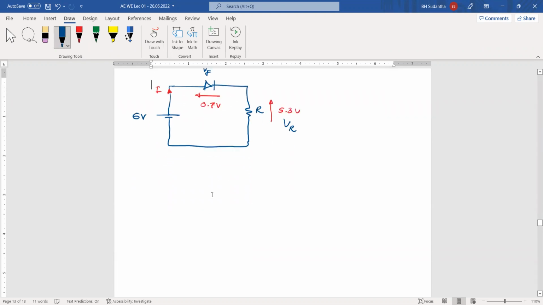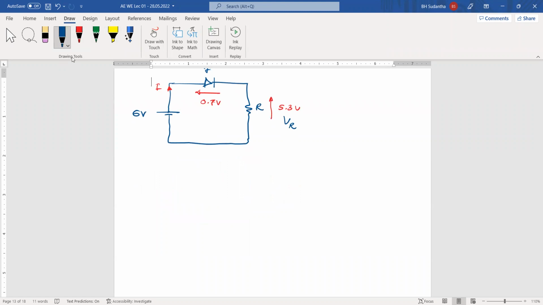This is the forward voltage across the diode, and this is the resistor voltage VR. If we draw this on a graph like this, this is time, and this is voltage 0, and this is the battery voltage VB, and the battery voltage we applied is 6 volts, but VR we applied is